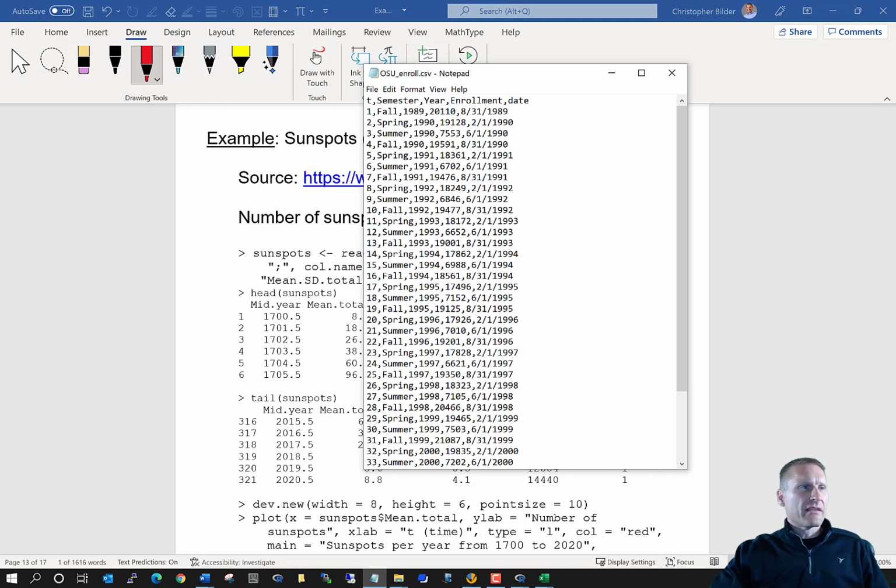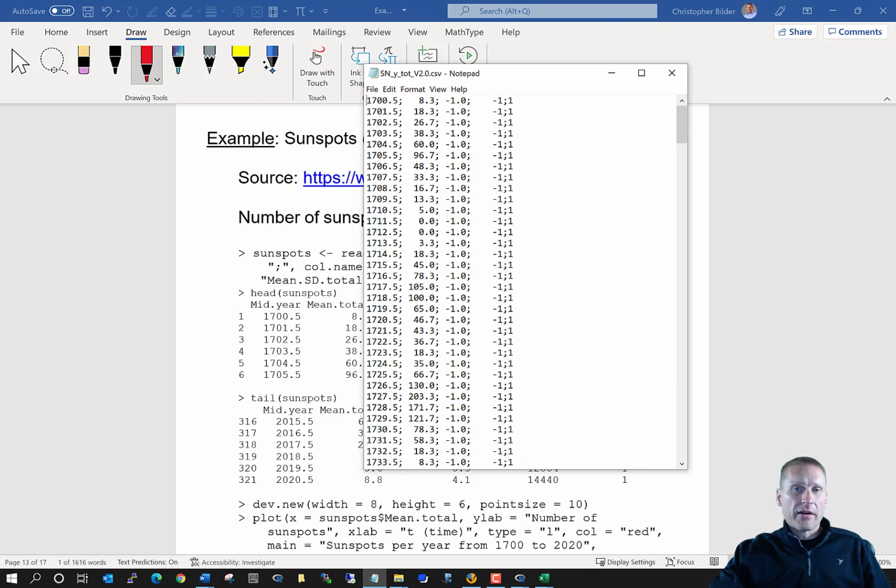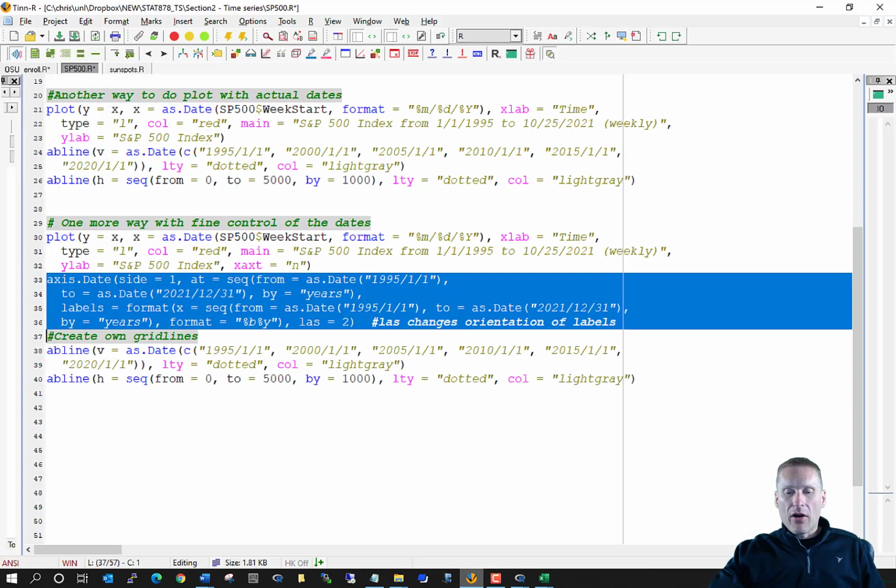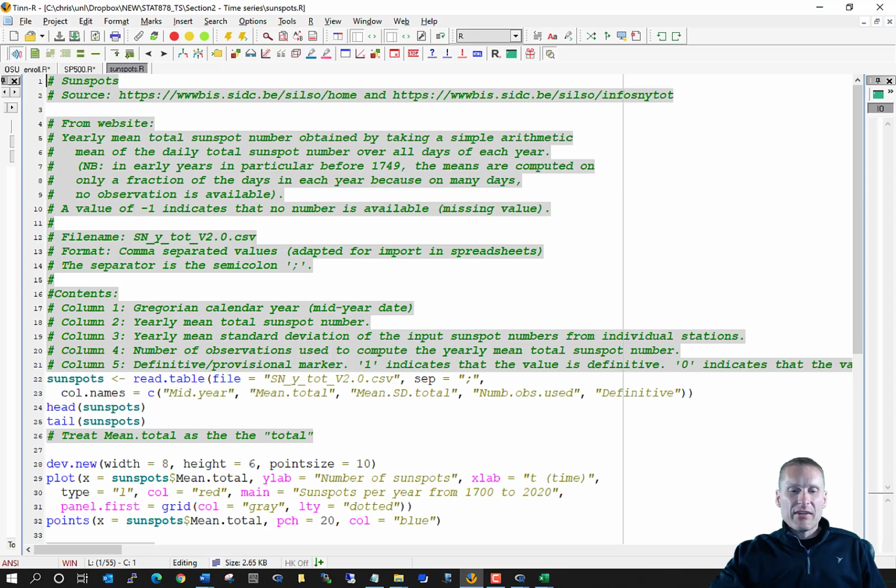And I purposely kept it in its raw format that I got from the website, because you will be experiencing this kind of stuff on your own, and you need to figure out, well, how do I get this data in R even though it's not the usual comma delimited format? So while the extension on the file is .csv, which came from the website, it's actually a semicolon delimited format. And notice we don't actually have any variable names at the top of the file itself.